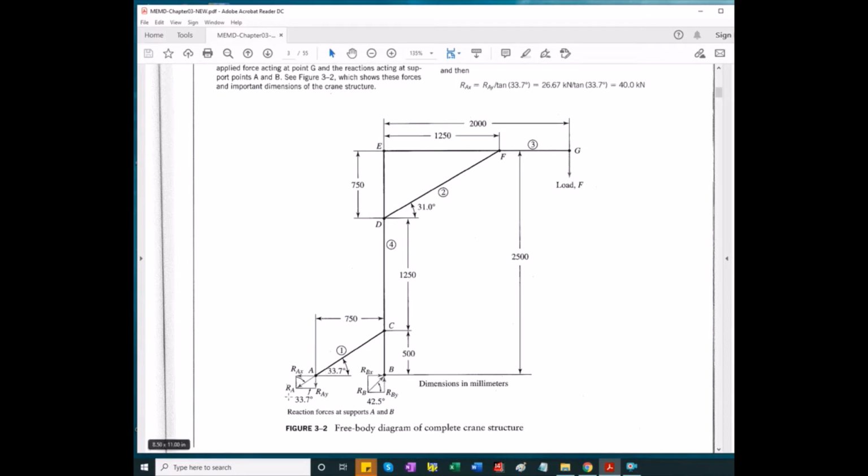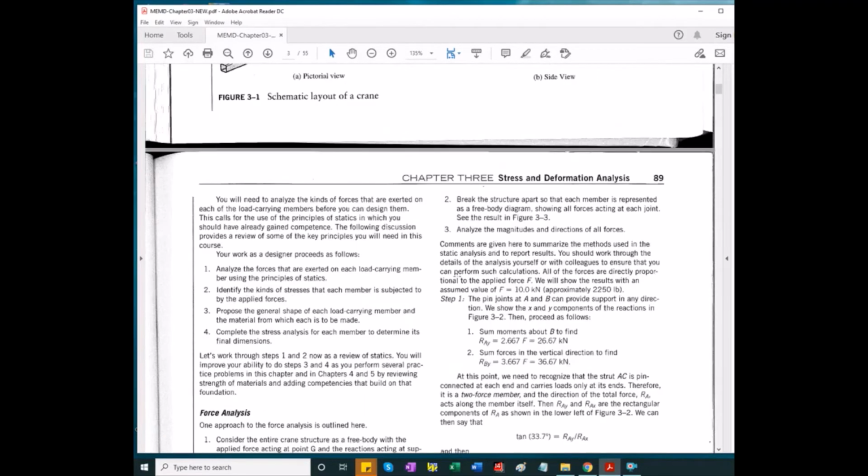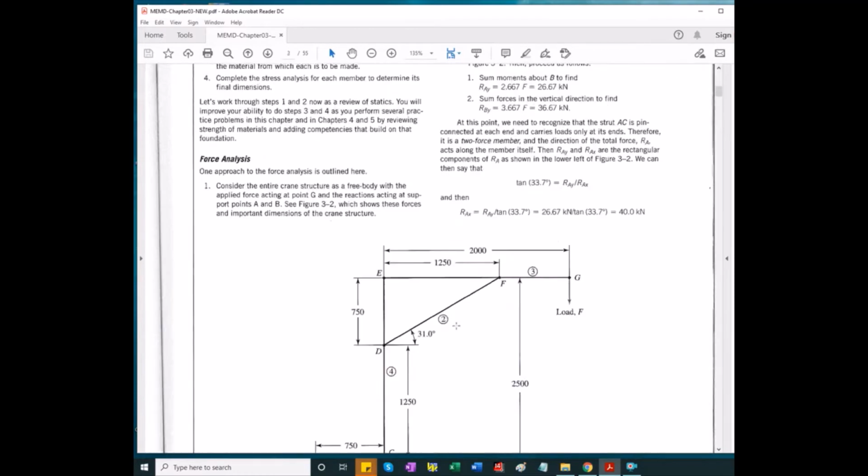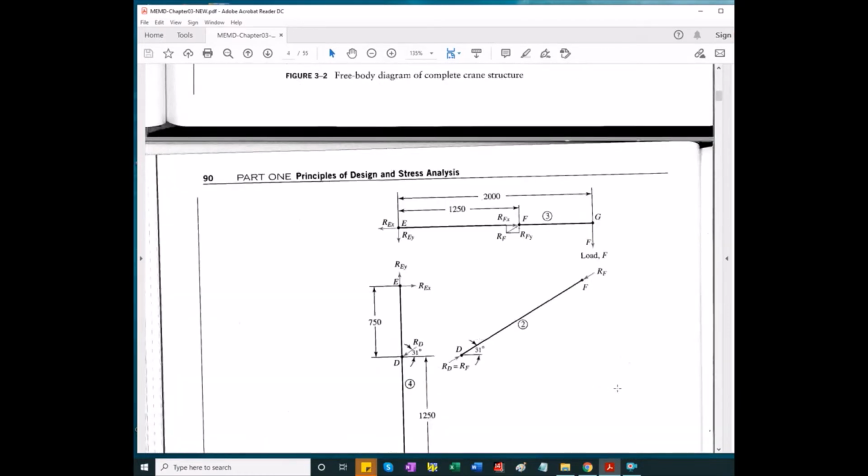Again, this is a two-force member, clearly. The resultant or reaction at A is in line with AC. So they moved A; it now occurs here, a slight change over the original image. All right, and